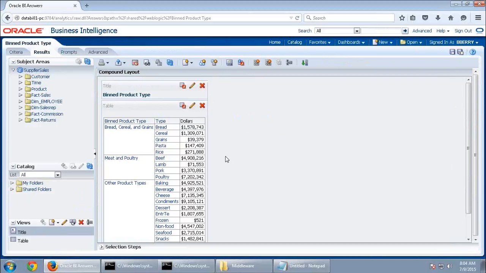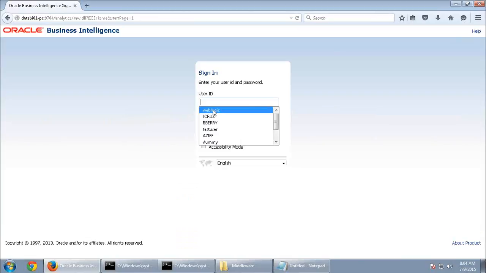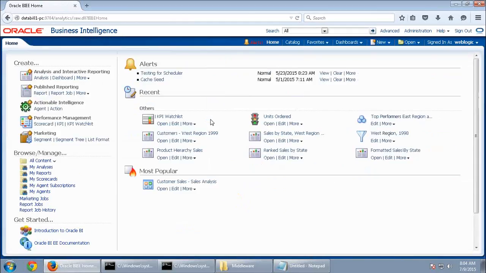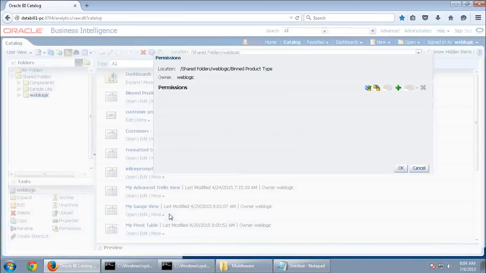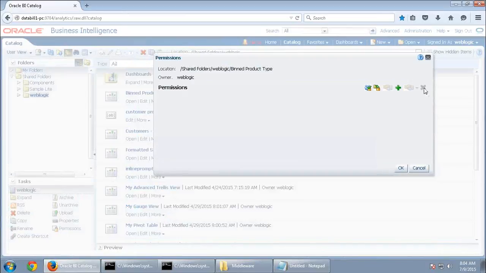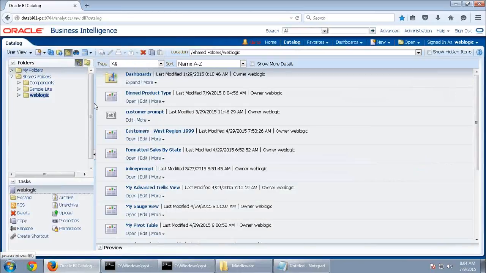So by default, you are still able to edit your report because he has modified privilege for all the objects, any report or dashboard, because he is a BI author. Okay. Set back the permissions, just delete it, click OK, and this is fine.